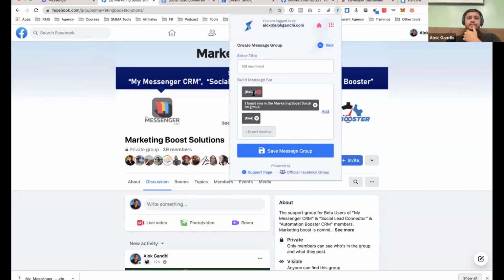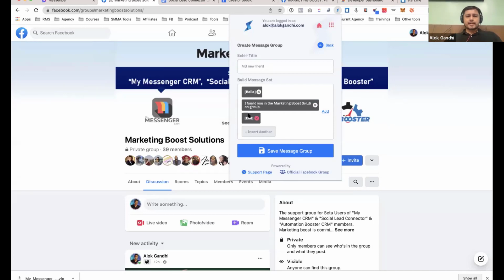I wanted to show the difference: the items in brackets are segments which we created in the previous tab, which pick a different version of that segment, but you can also add a static in between. This static goes out in every single message. It doesn't change, but at least this and this change. That makes it a different message, if that makes sense.